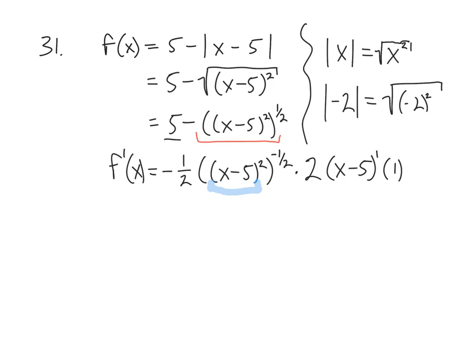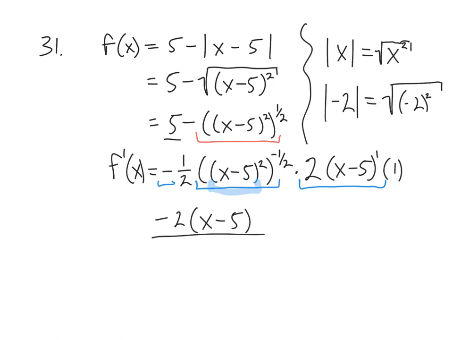Probably going to want to clean it up a little bit. So let's see, what are we going to be left with in the numerator? This factor right here is going to go to the denominator because of that negative exponent, and we'll be left with 2 times x minus 5 in the numerator. Okay, and of course we'll have this negative as well. So it's going to be -2 times x minus 5